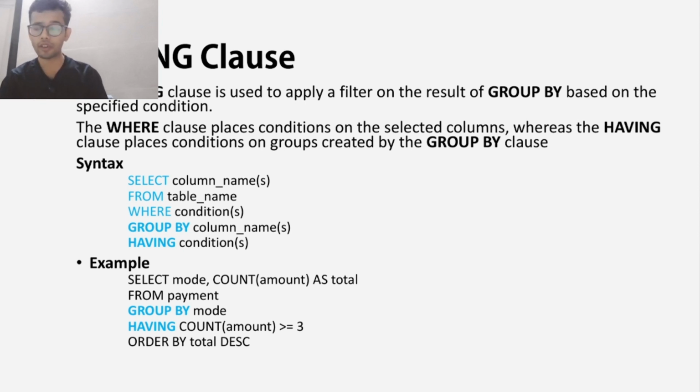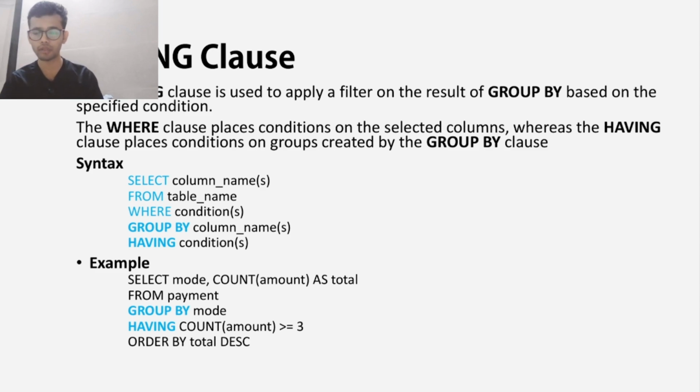Having we can use only with the group by statement, but where we can use without the group by and with the group by also. Where, if we are using where, we can use group by also, okay. So where clause places a condition on the selected column, whereas having clause is used to apply a filter on the result